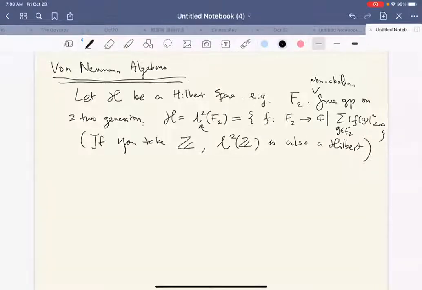For example, you can choose your group to be S3. Yes, absolutely, you're right. I'm not saying that every Hilbert space is like this. This is an example. Of course, if you take a finite group G, the order of G is less than infinity, then L infinity of G is just a |G|-dimensional,